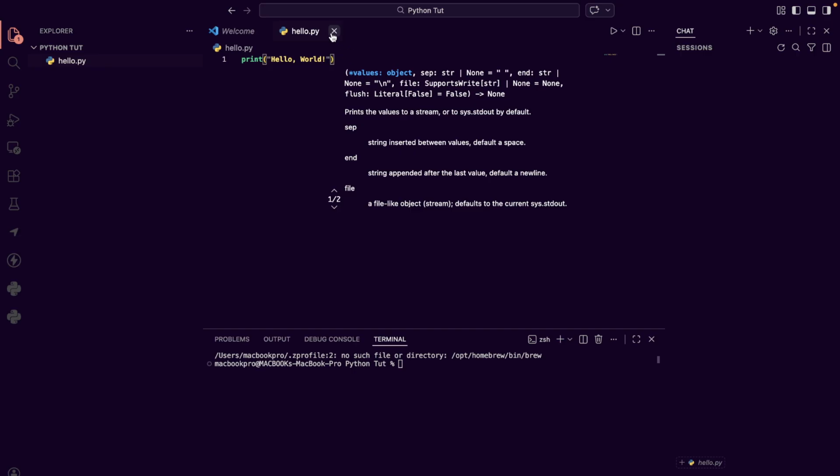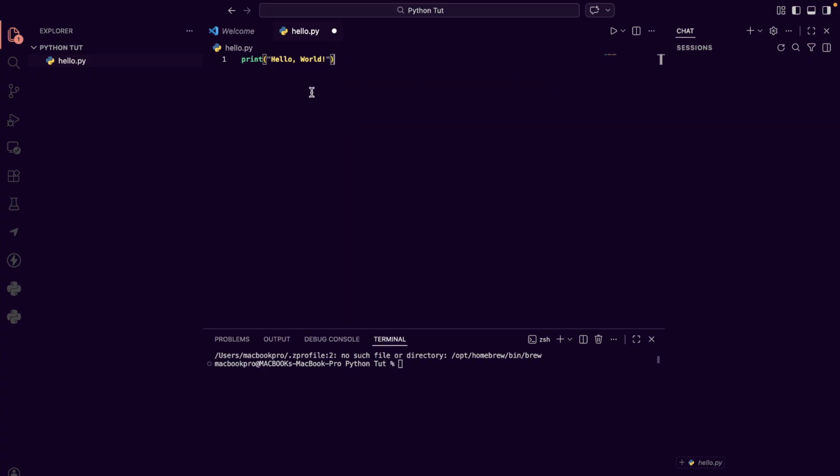Now you see this white round something here. This shows that your file is not saved, so you need to save it before you can run it. So what you need to do is click Ctrl S. On MacBook it is Command S, and it saves the file. So now this is our line of code that we've written. Now we want to let the computer display it, meaning we want to run the program to see the results of this line of code.